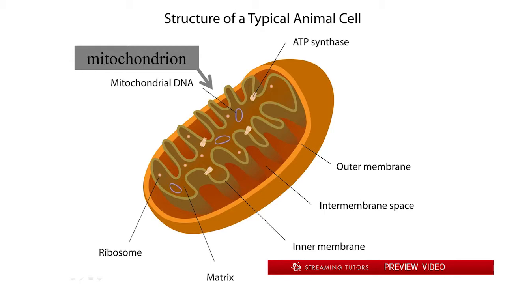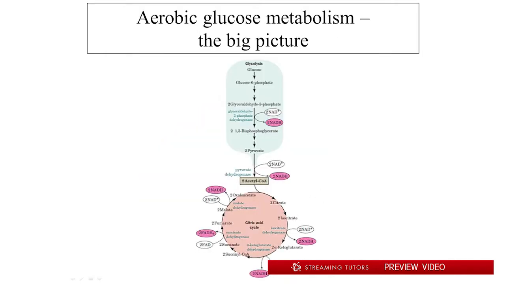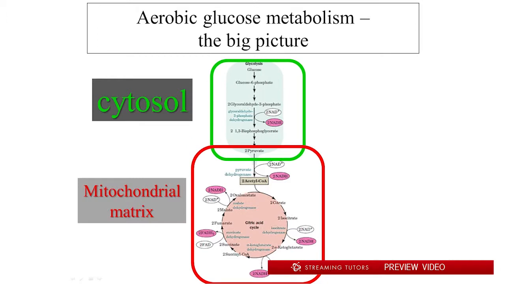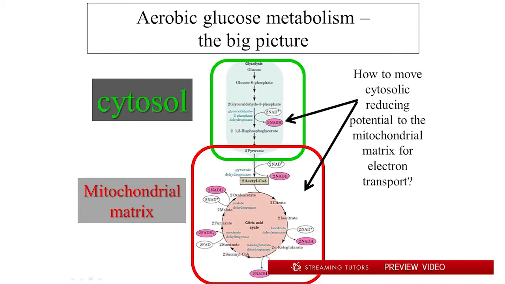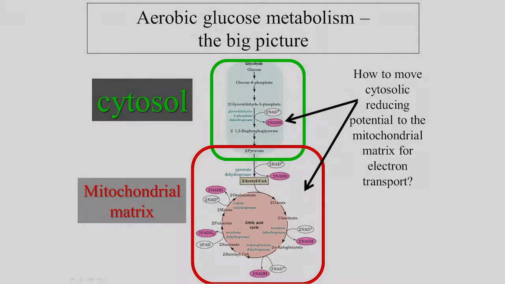I'll call that back in a moment. So let me get you a little bit better sense of context. This is the diagram you've seen in earlier segments of glycolytic degradation in the cytosol of glucose culminating in pyruvate. Then pyruvate jumps into the mitochondrion through one of these transporter systems and is ultimately degraded to CO2 in the mitochondrial matrix, the citric acid cycle. The question for us here is, if we're going to use reducing potential to make ATP in the mitochondrion, don't we